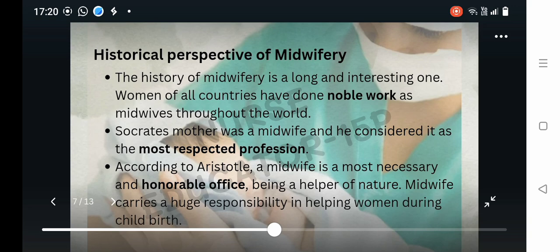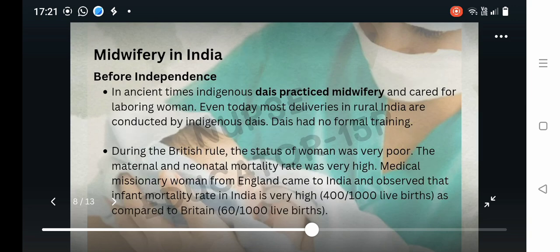A midwife carries a huge responsibility. The person who is conducting a labor or delivery has a very huge responsibility in helping the woman during the delivery and also in receiving the baby. We'll see how midwifery